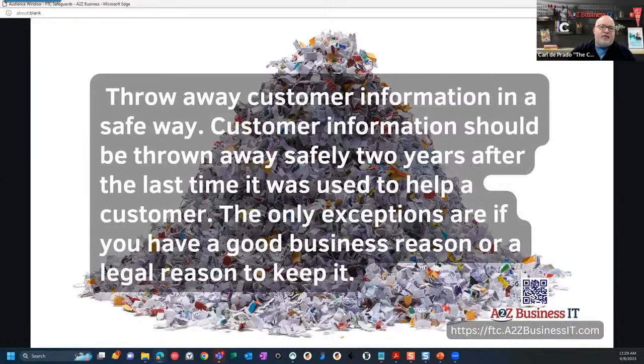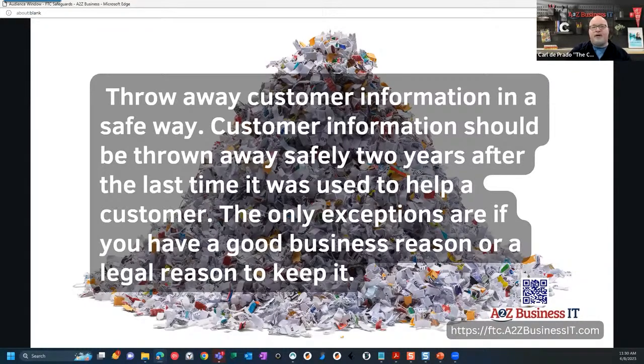Then you're going to need to create a plan to throw away your clients' information that's no longer needed in a safe way. Again, the minimum is the minimum, depending on your business. If you don't fall under anything outside of this, like an attorney or a car dealership, you're going to have a maximum of 2 years. After that time, if you're no longer working with that client, you need to dispose of that information in a safe manner. It's not just throwing it in the wastebasket.